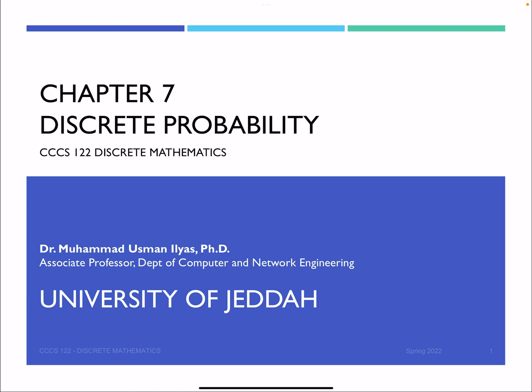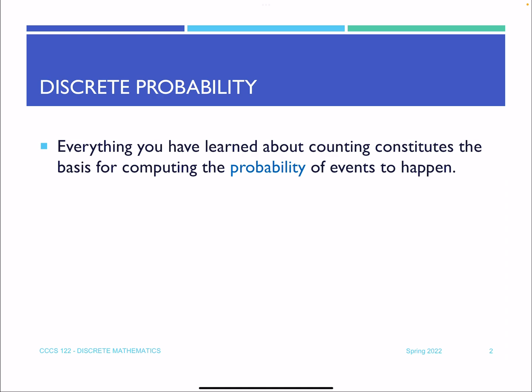Welcome to CCCS122 Discrete Mathematics. This is Chapter 7, Discrete Probability. Everything you've learned so far about counting in Chapter 6, the preceding chapter, is going to form the basis for